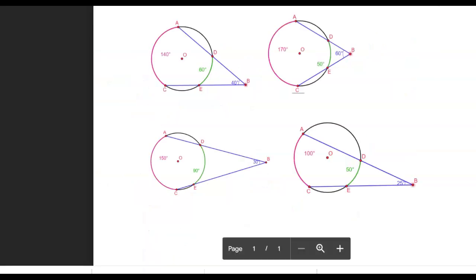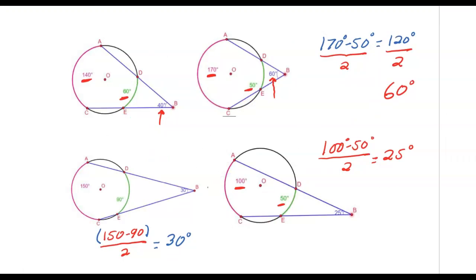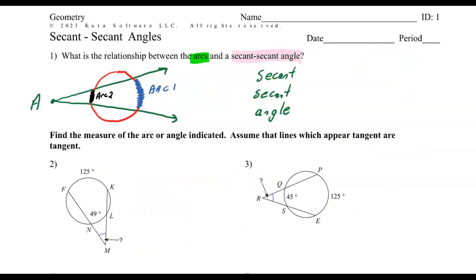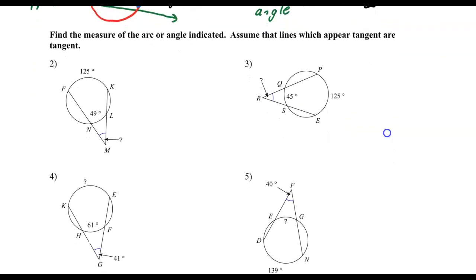So looking at our class notes here, the secant angle is the big arc minus the small arc divided by 2. And for clarity, arc 1 is the big arc and arc 2 is the small arc. So if we look at some examples,